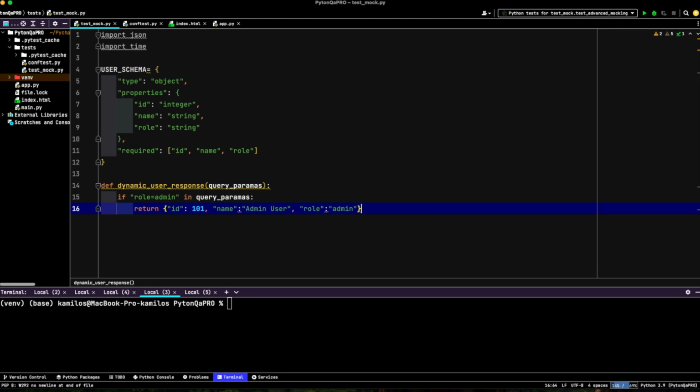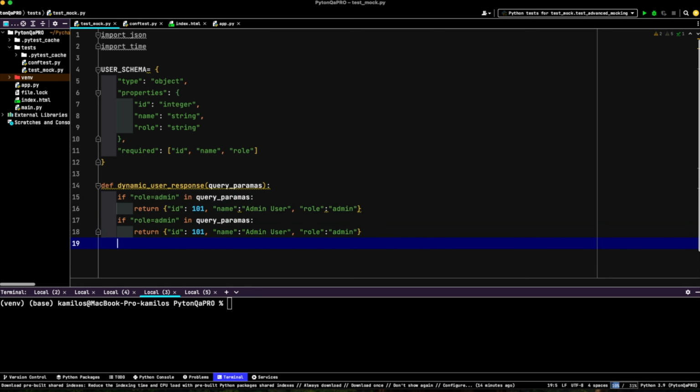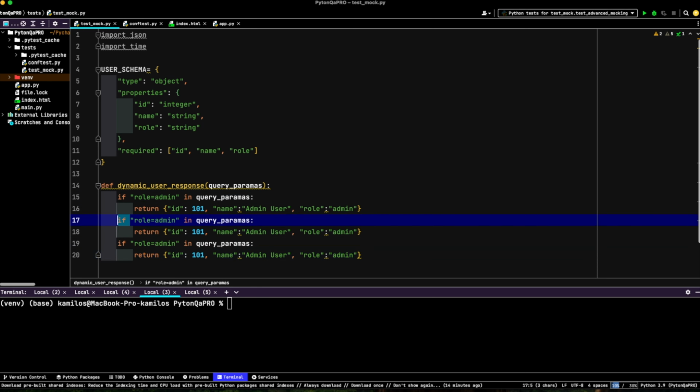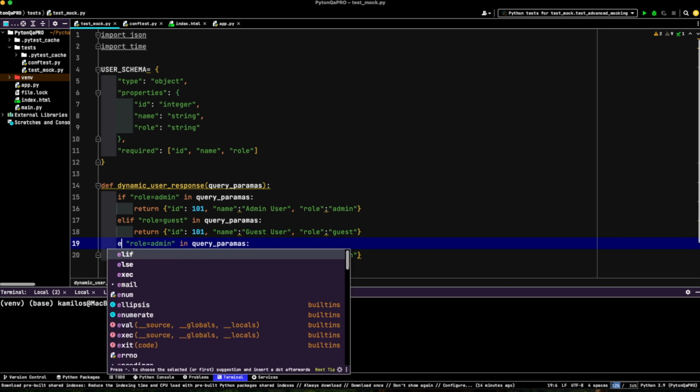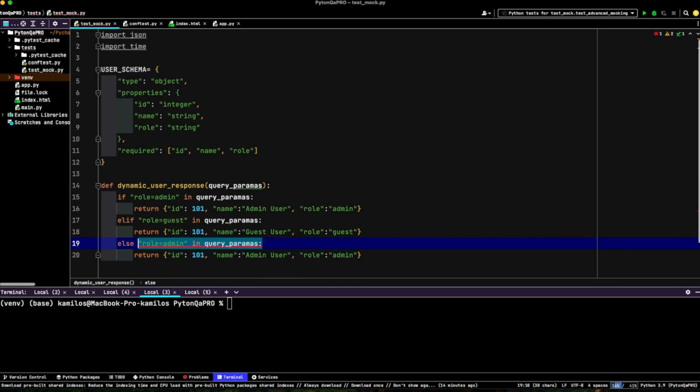Let's copy that and I'll leave role guest, then change name for guest user, and role will be guest also, and default will be regular user, and ID